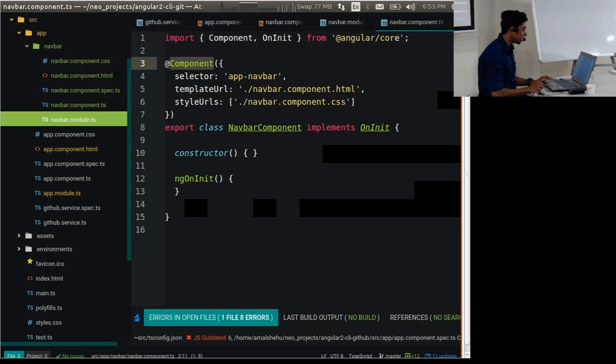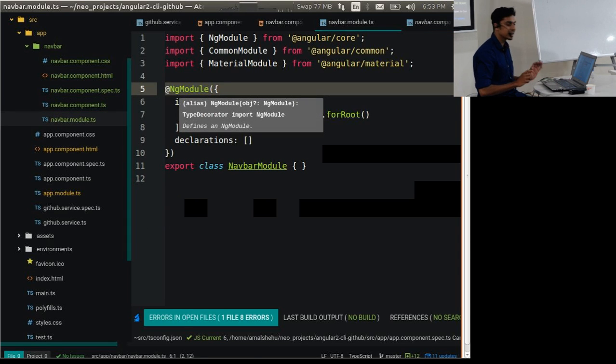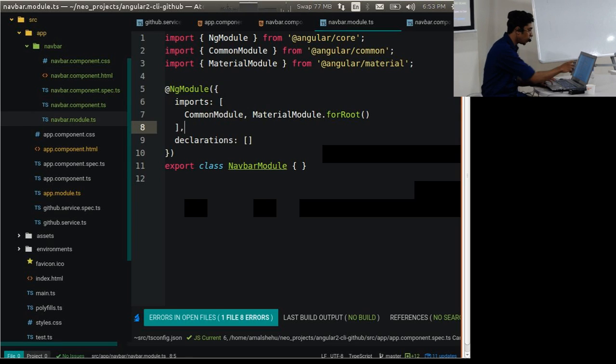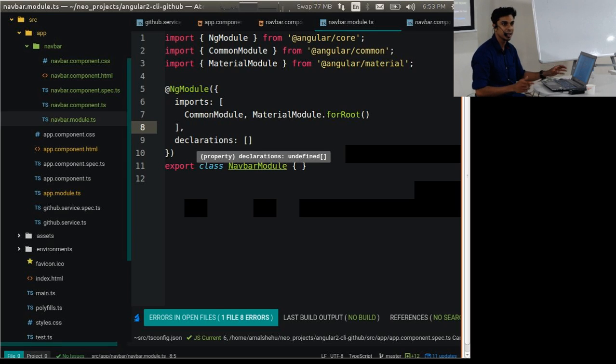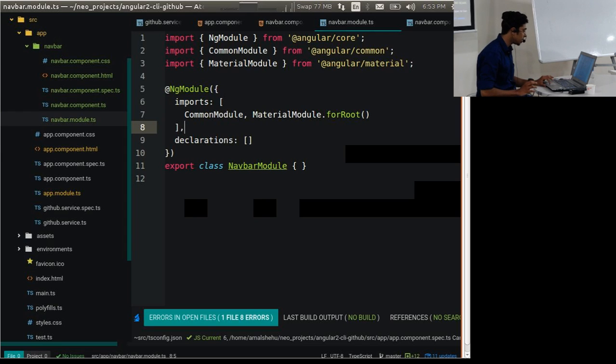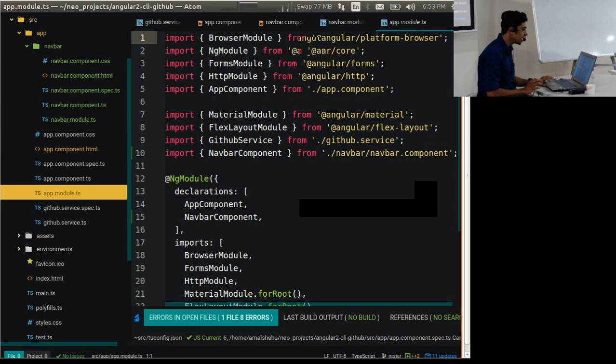This NgModule decorator has some inbuilt features. It allows us to import modules and declarations, and there are providers to add services. So it takes all the responsibilities to import, export, or declare any kinds of components. If we want to import external components into our application, we have to specify it inside the module file. So if we go to app.module.ts, here you can see